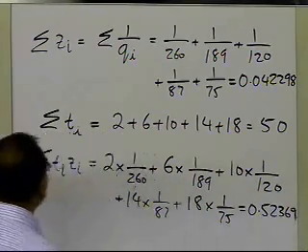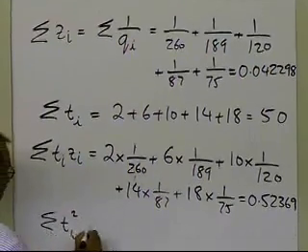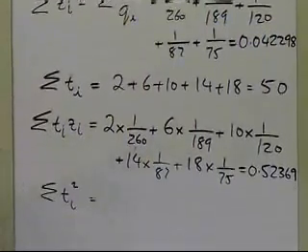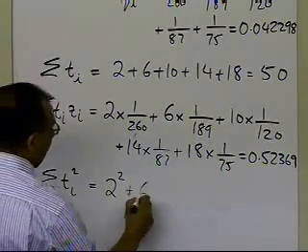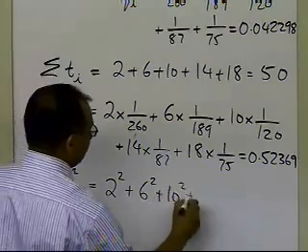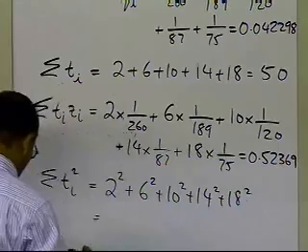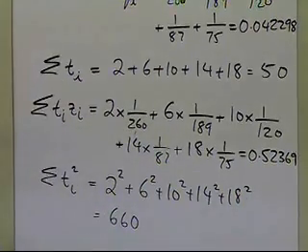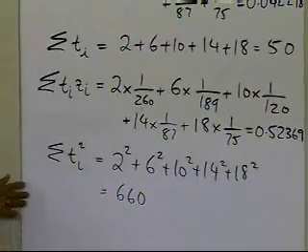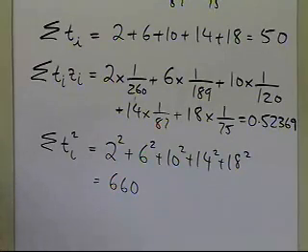0.52369. So we need one more summation, so let me just go through the whole thing as opposed to just telling you to do it as homework. We need the summation of ti squared. That's simply taking each individual t value and squaring it. And that value turns out to be 660. So these are the summations which I need in my linear regression formula which I wrote for A0 and A1. So let me go ahead and find out what those A0 and A1 values are.